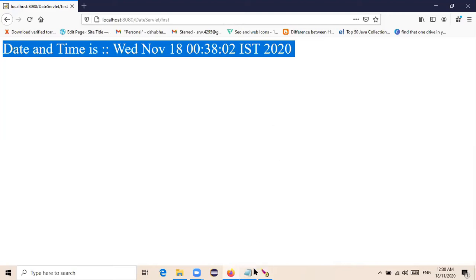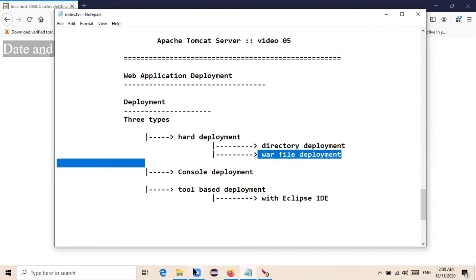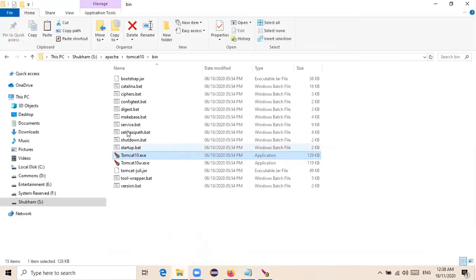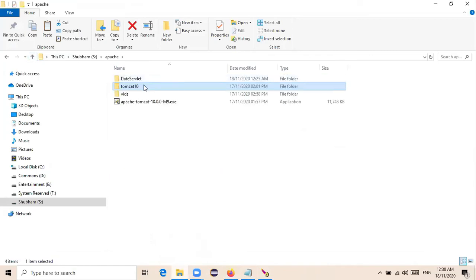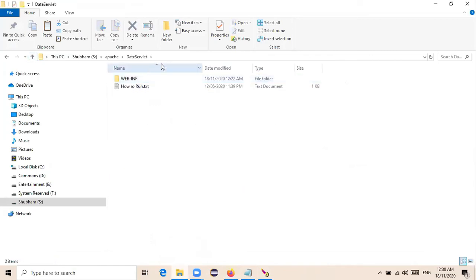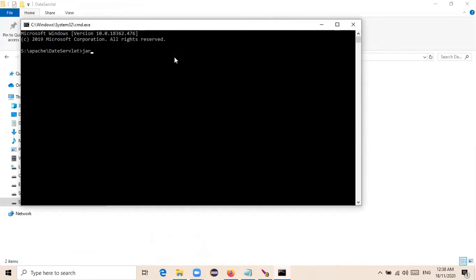Now the second way of deployment is through the WAR file. For this, you first need to create a WAR file of your web application. Here is your web application. To create a WAR file, you just need to open the command prompt and type the command jar -cvf.